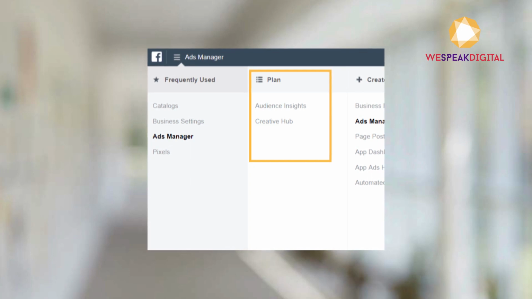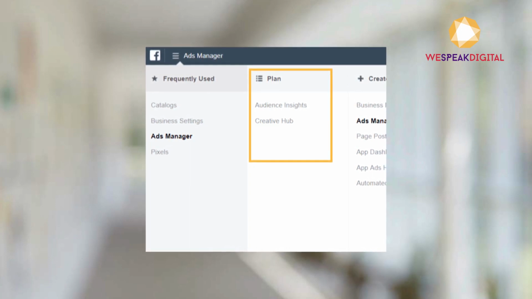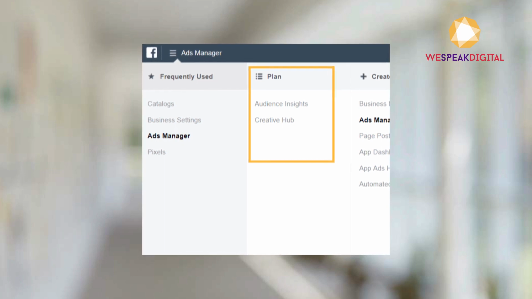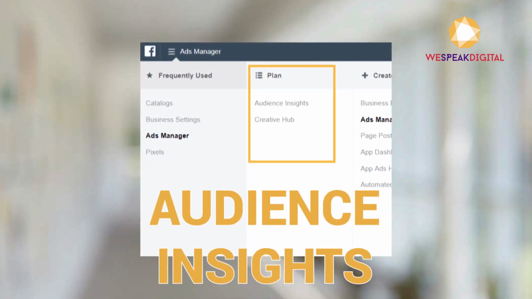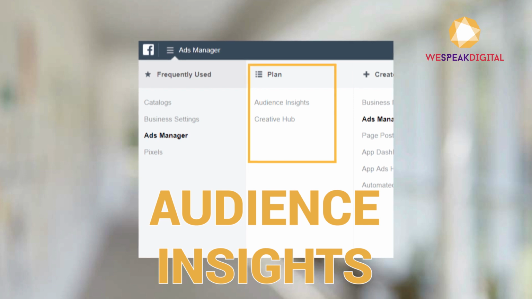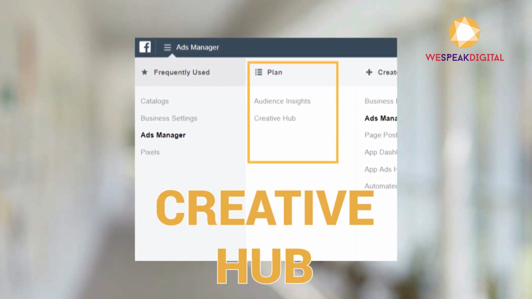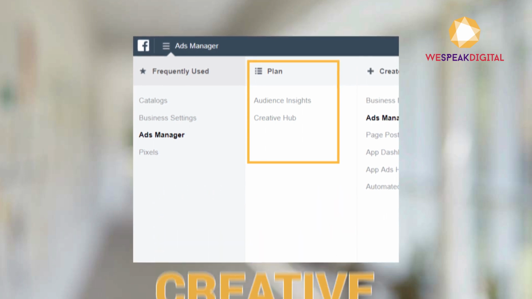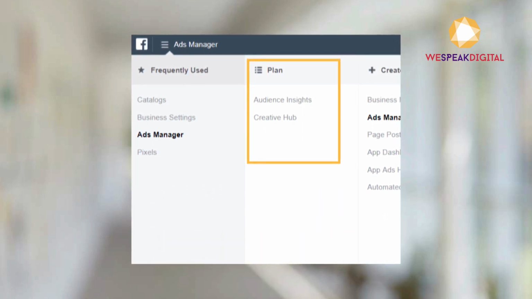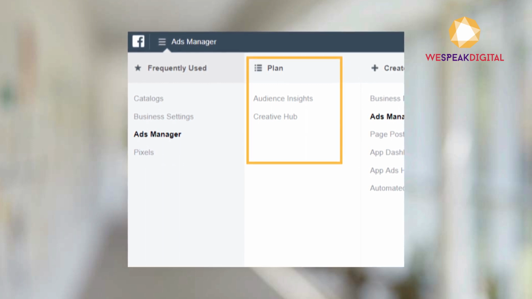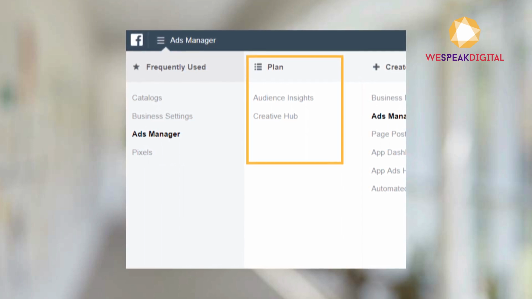Number 1 is planning. It's a very critical step that can impact the success of your Facebook ad campaigns. Under the Plan menu option, you will get Audience Insights, a tool for analyzing various audiences, or access to the Creative Hub, which serves as a go-to place for inspiration, information on the recommended sizes for your creatives, to create and manage your mockups, and to check if your images comply with the 20% rule.